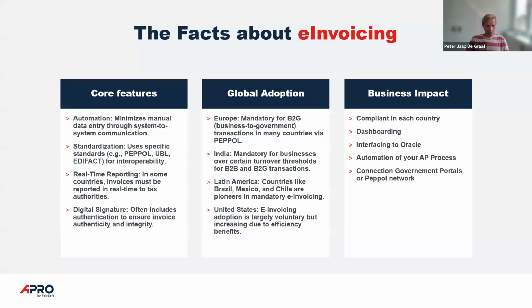The next thing is real-time reporting. So when you send out an invoice in some countries, you send the invoice to the government, and basically that means they already know which tax they can collect or withdraw from the invoices that you send out. So they already know everything that comes in and goes out for each company which are sending invoices to each other. And the last but not least is the digital signature, which means